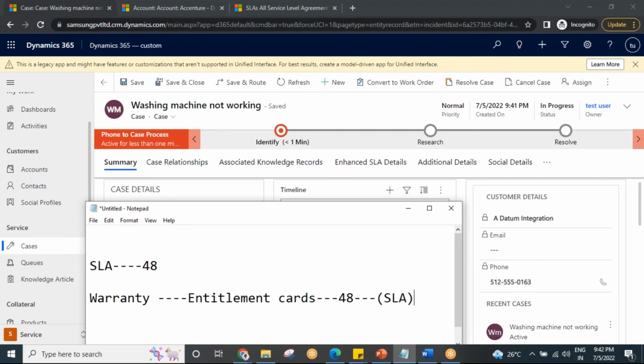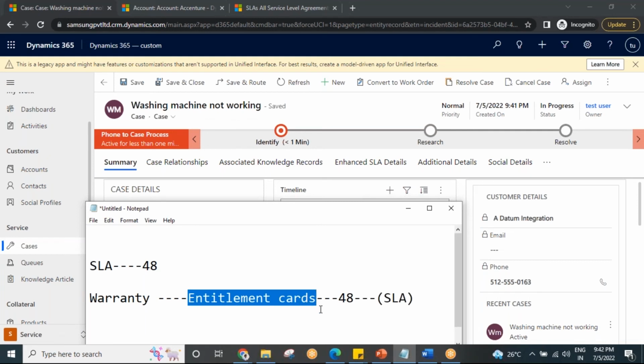Let's talk about luxury car owners, and let's talk about normal car owners. If luxury car owners complain about anything, the issues will be resolved immediately, because it's a rich customer, right? If normal car customers complain about anything, the SLA will be different. They will say, sir, your car issue will be resolved in one day, like that, right? So based on the item, the product, and the customer, the priority is changing and the resolution time is changing. That resolution time we should configure in an SLA,